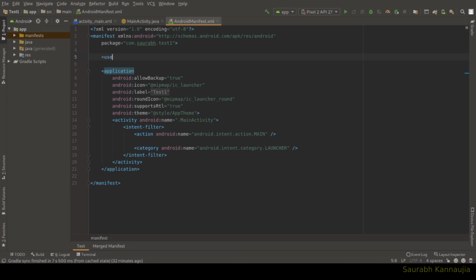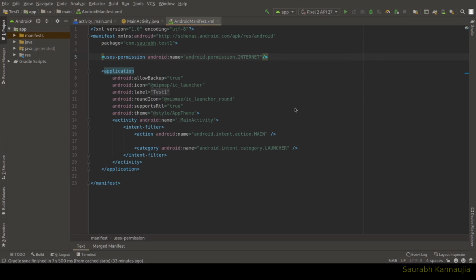We will add uses-permission, android.permission.INTERNET, and close it. By this line we ensure that our application has access to the internet. Similarly, we can ask the user for access to geographical location, Bluetooth, system storage, file storage, etc.